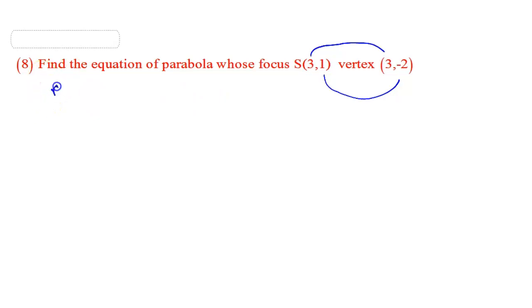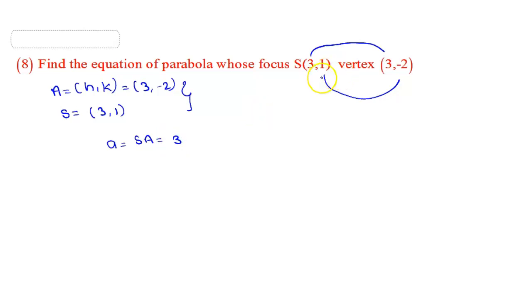So first I am writing the vertex as capital A. Capital A is equal to the vertex (h, k), which is (3, minus 2). The focus S in general we can take as (3, 1). Small a is calculated by the distance between these 2 points. So 3 minus 3 is 0, and minus 2 minus 1 is minus 3, square. Minus 3 square is nothing but plus 3, that is 3 only. So here the a value we got is 3.